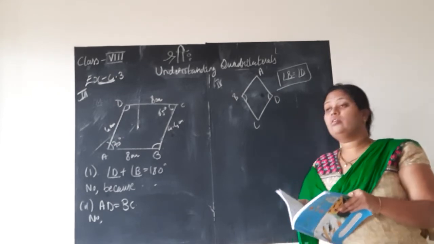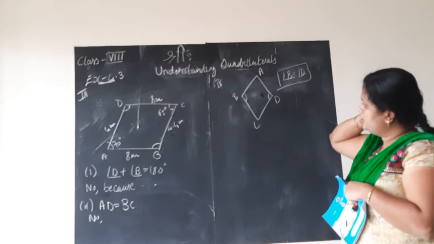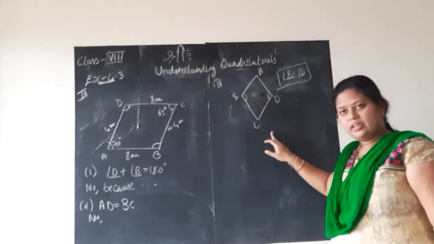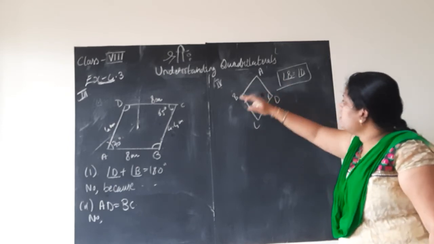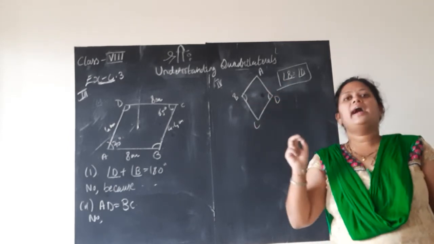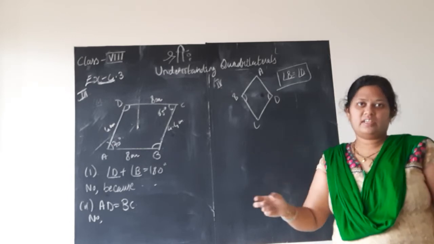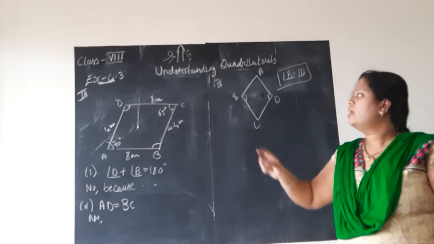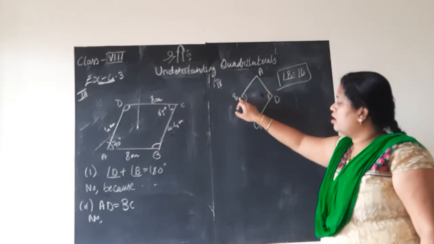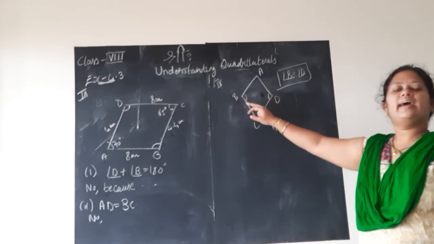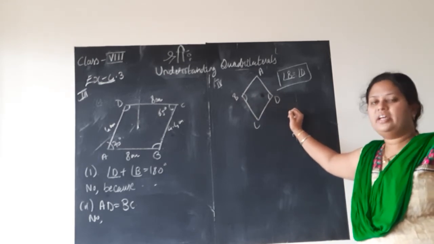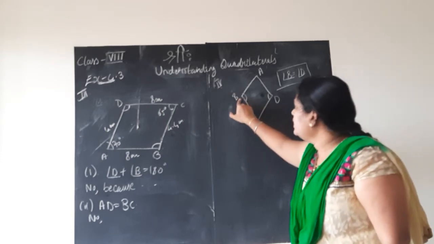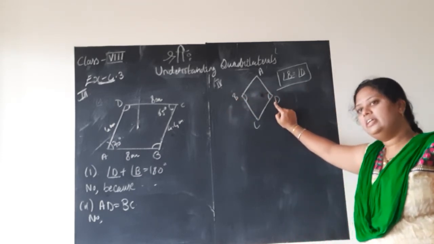It is not a parallelogram, they have said, no. So what you will write is, children, let me tell you once clearly. You will draw this figure and say ABCD is a quadrilateral and it represents a kite. From the properties of a kite, we know that the interior opposite angles of a kite are equal. Therefore, angle B is equal to angle D.